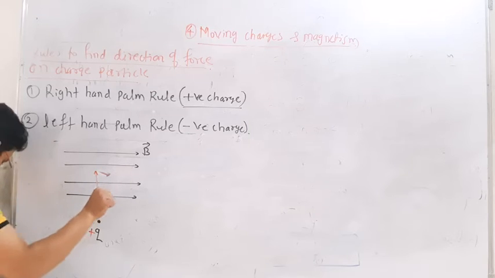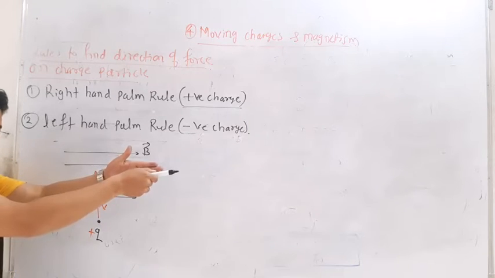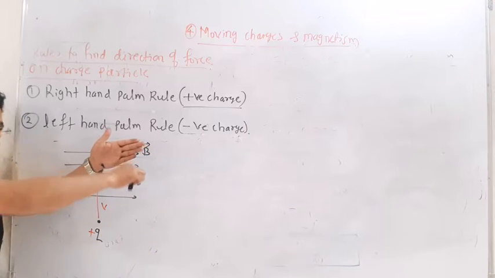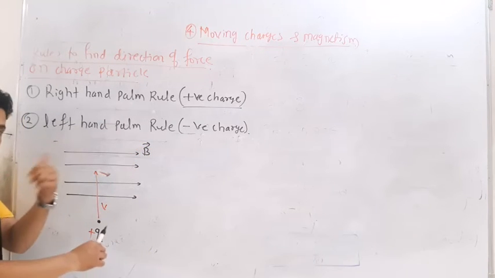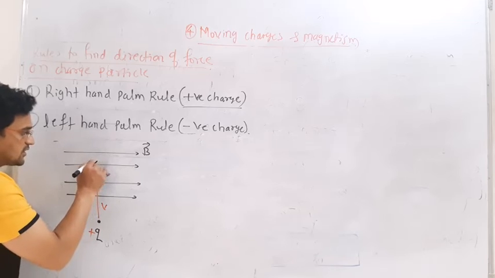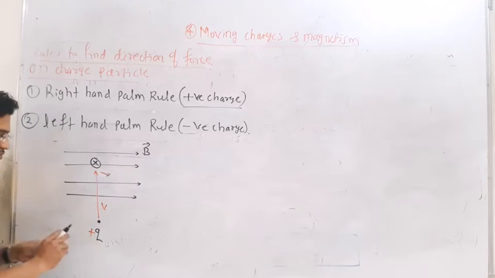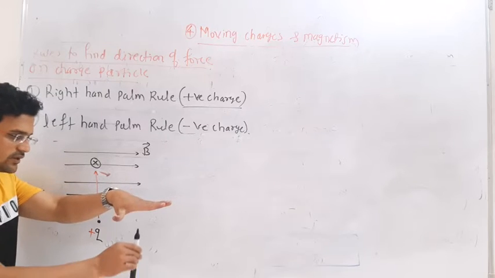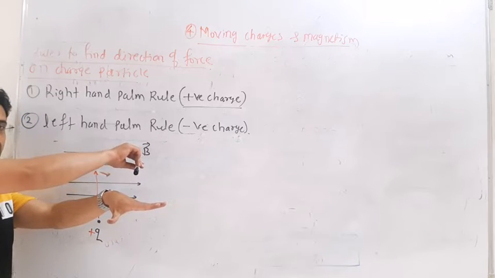And this thumb represents what? Inside. It means that if these are the magnetic field lines and the charged particle is entering in this way, it will deflect into the board according to this rule. So I will mention that here as a cross. The particle enters, the magnetic field is in this direction, and it will deflect in this direction. Correct?